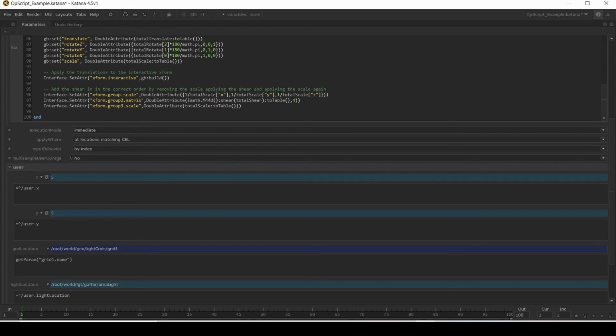And then we're going to make a matrix by taking the identity matrix and applying the shear using our total shear, and then converting this new matrix into a table, and we're going to store it as a 4 by 4. So a matrix is 16 values in the table, and then we do comma 4, and that says that each of the 16 values is going to be split by 4. Okay, and then we're going to reapply the scale by using another xform group, and we're going to do a total scale to table, and voila, we've now